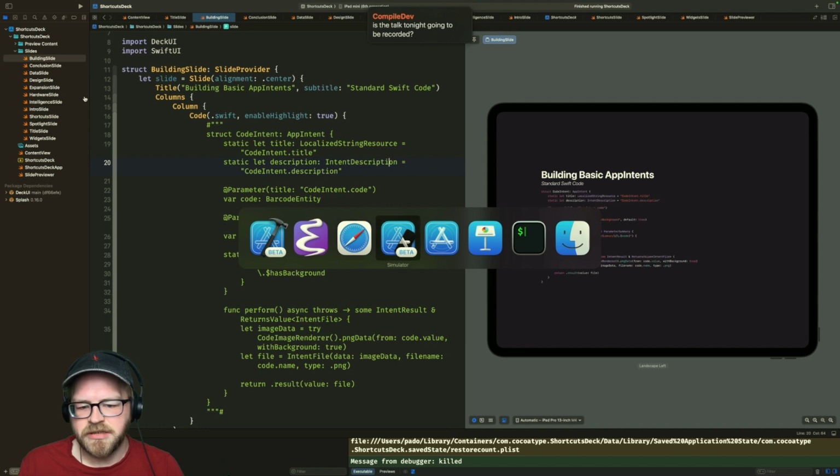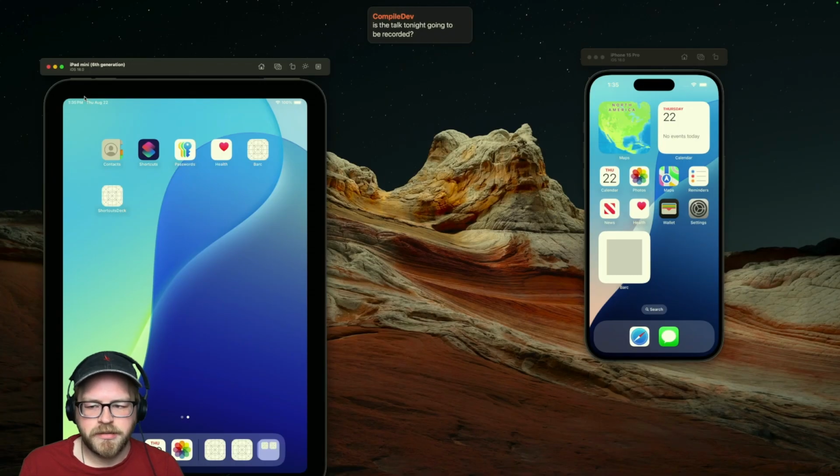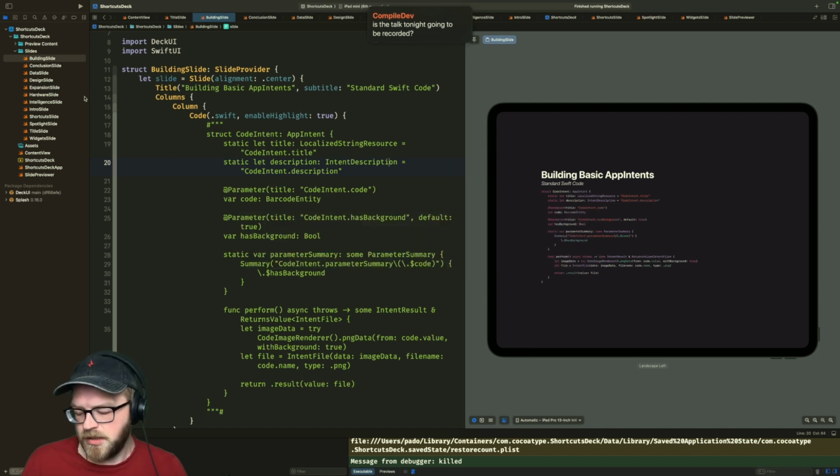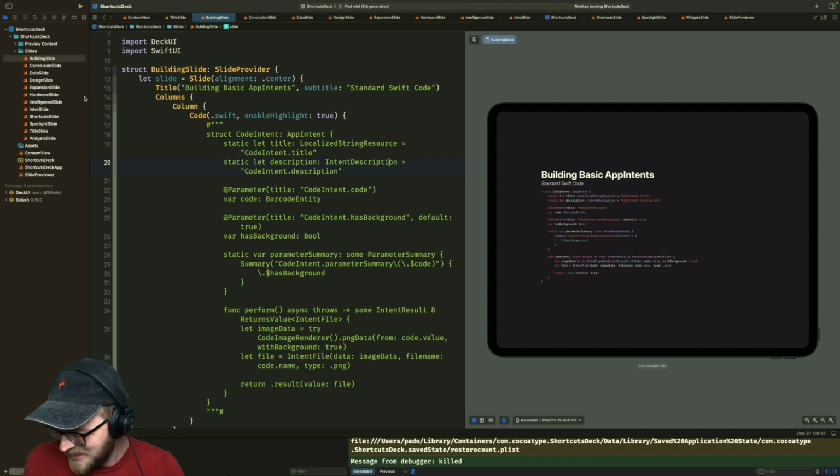Is the talk tonight going to be recorded? No, we do not record talks at this place, unfortunately. For one thing, we barely even present talks. Ever since COVID, our meeting place has been literally just a gazebo in a park. And so we don't even really have a projection screen or anything like that.